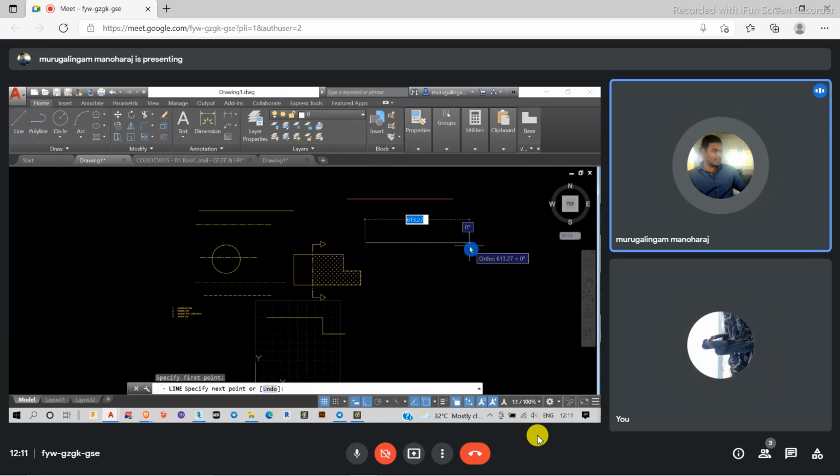So how to draw efficiently in this pattern? In that case, I'm just going to use my layers option. Okay. Let me give an example about the layers.